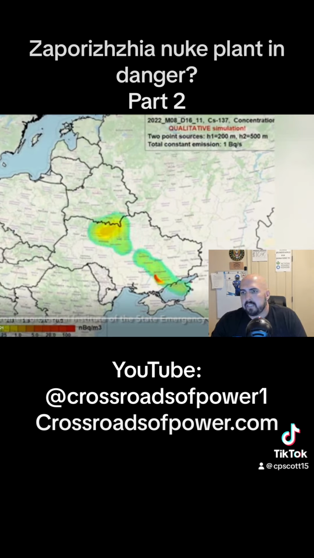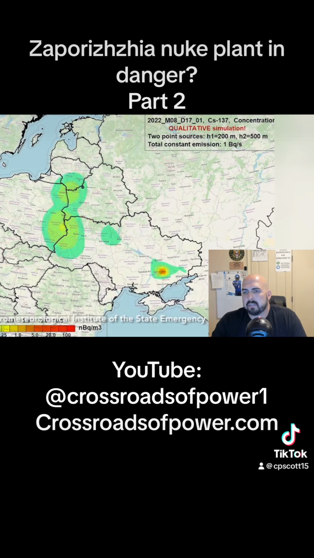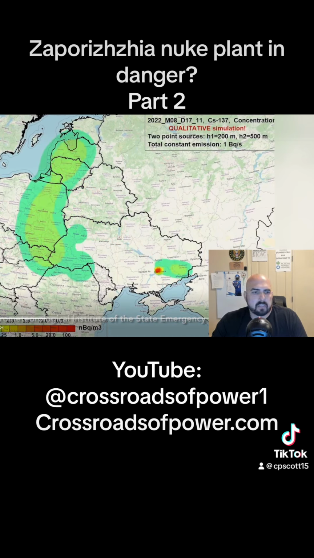Continuing on, you can see how it spreads, and you can see it clears up there into Europe. And there's a large cloud that covers multiple countries here. So regardless of the danger, if the nuclear cloud does hit these countries, and there's multiple countries, including NATO countries, what we're seeing is Latvia, Lithuania, Estonia, Poland, Romania, Hungary, Slovakia, Czech Republic, all experiencing some level of